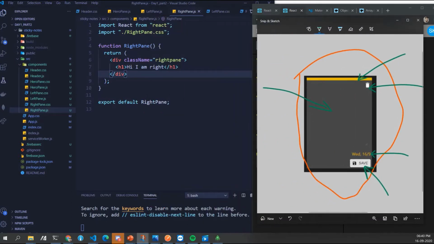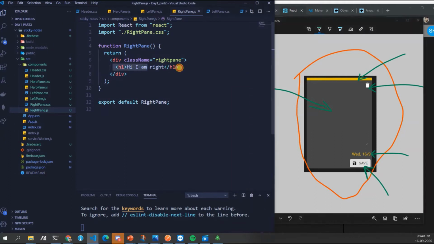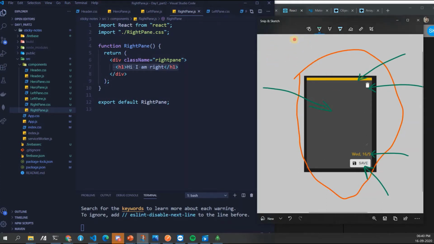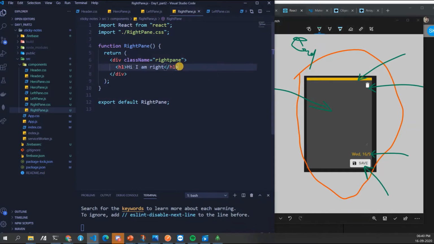So we have a right pane, and in that right pane we have a card. Let's imagine this whole thing as a card. This complete thing is a card. Now let's go ahead and write this.